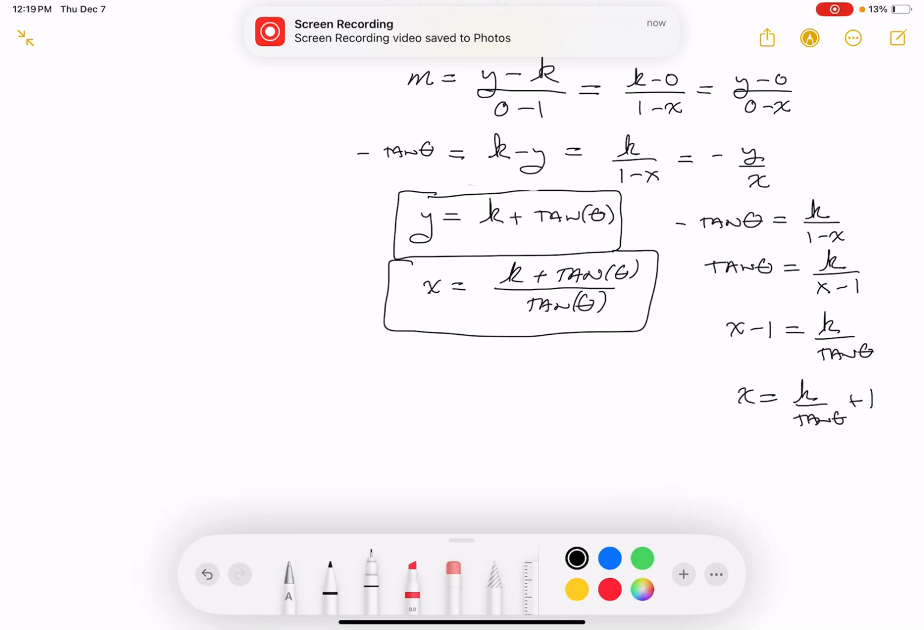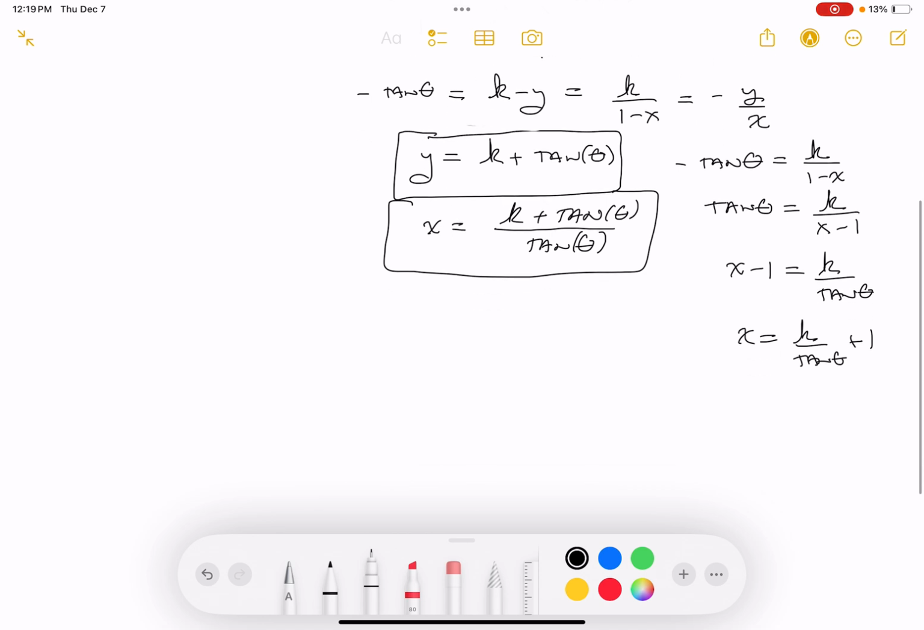Okay, we just did this. We got y equals k plus tan theta, and we got x equals (k plus tan theta) divided by tan theta. What they're asking now is find an expression for the area. And I think I can do that, and I'll tell you why. Area,